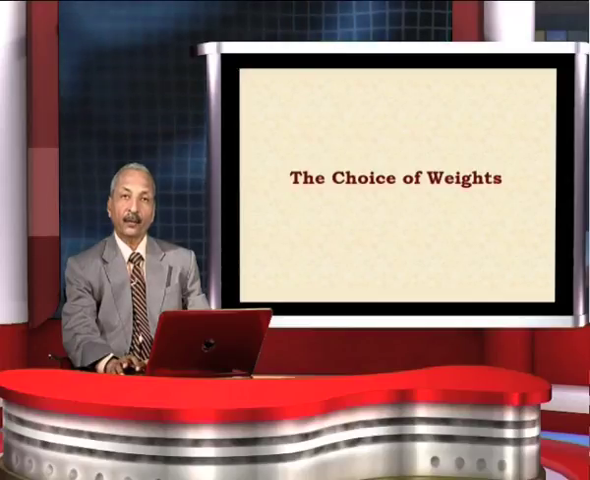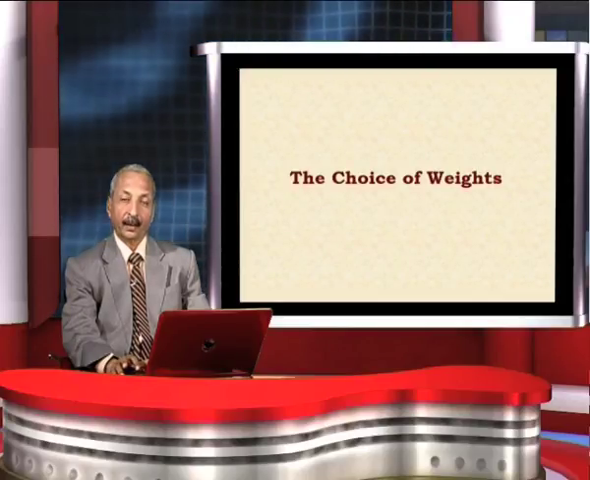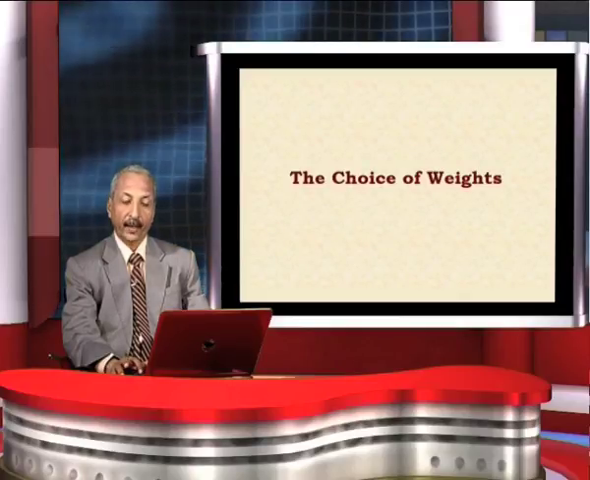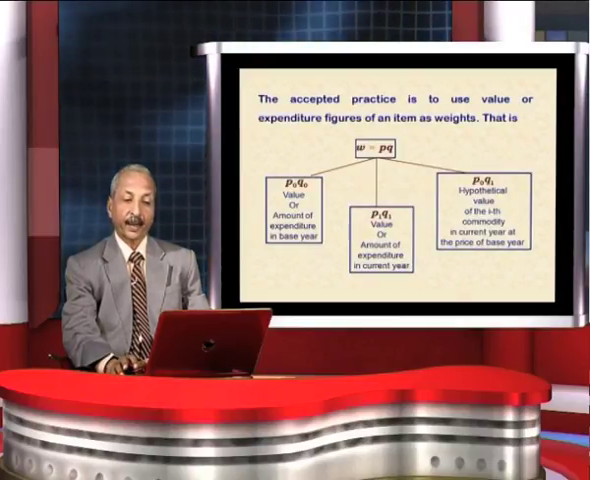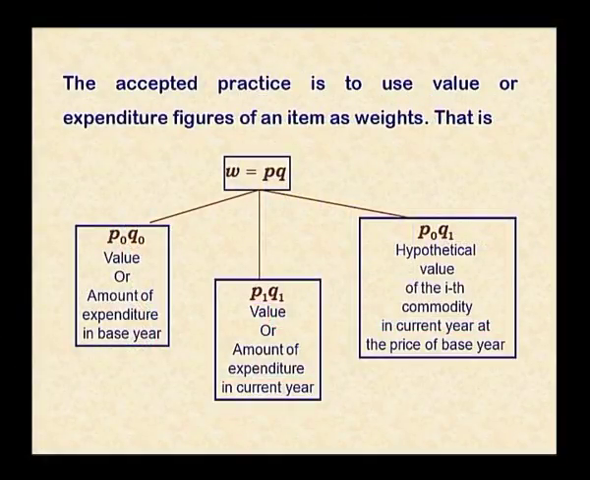Now, let us see how we select the weights, that is, what should be the choice of weights. The accepted practice is to use value or expenditure figures of an item as weights, that is, W equals P times Q, that is, price multiplied by Q. When we take the prices and quantity of the base year, then this weight equals P naught times Q naught in particular. So, for the ith item it will be P naught i times Q naught i,